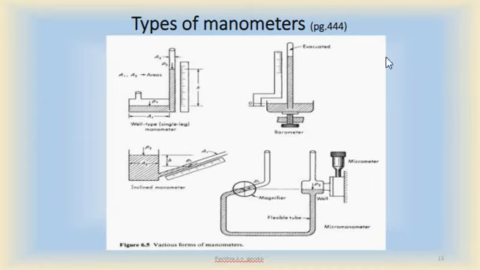So these are the various types of manometers which are used in industrial systems for determining the pressure difference and all. One of the main causes of error that may happen in these manometers is human error, because humans are the observers of this pressure difference or the pressure value. We are observing the reading on this calibrated scale or on this micrometer in order to determine the pressure. So errors can happen due to the observer also, that is, the human.